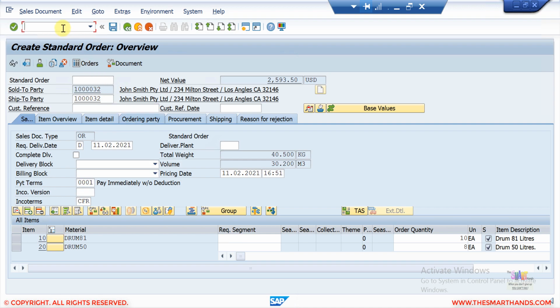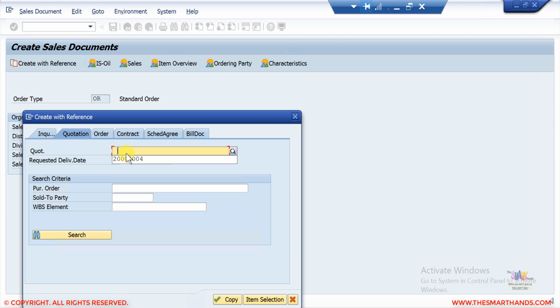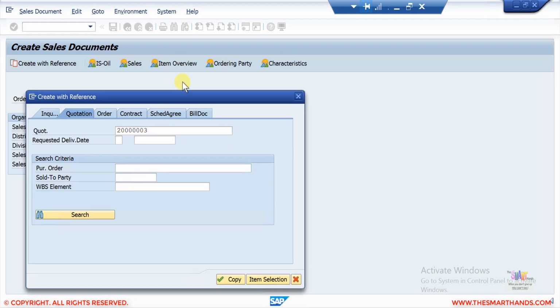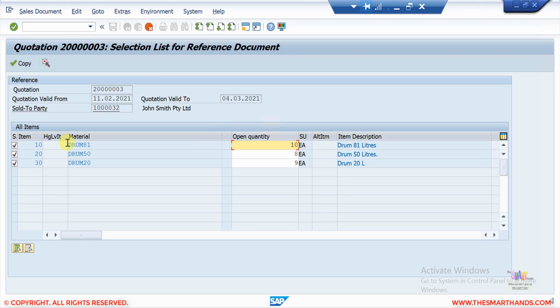But if I start again, it was number 3, and I select item selection, then the system will ask me, there are 3 items, which item do you want to copy, and I can also change the quantity here. Obviously you can delete or change the quantity in the sales order screen, but this makes your process a bit easier.